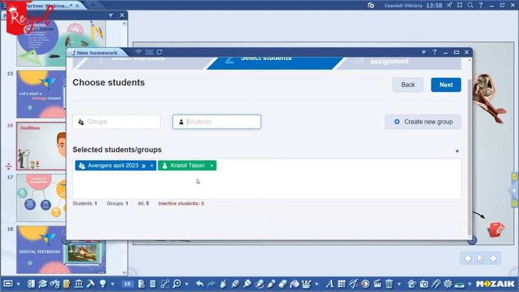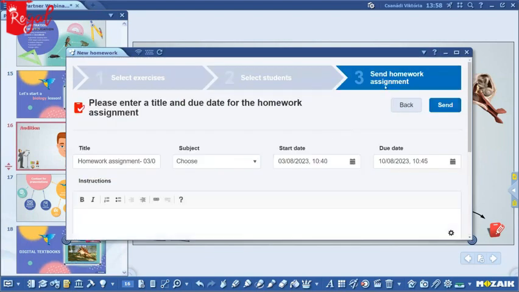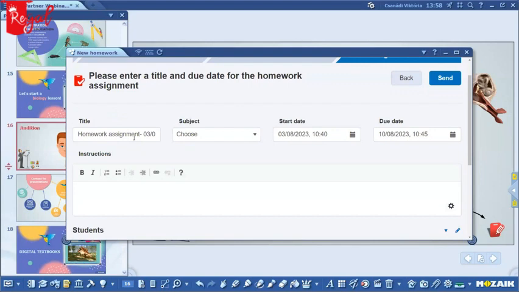And if I pick him, now you can see we have Christoph here as a separate student, and also the Avengers April 2023 group, which contains three other colleagues of mine and myself. So now I can go to the next step, which is sending out the homework and assigning it to my students. And basically, I can just change the name to